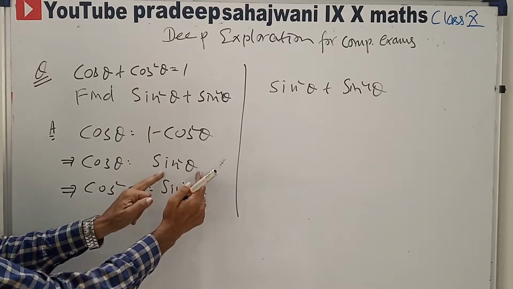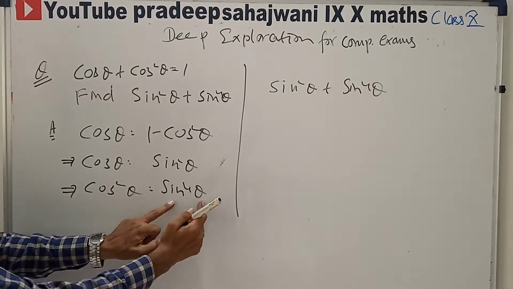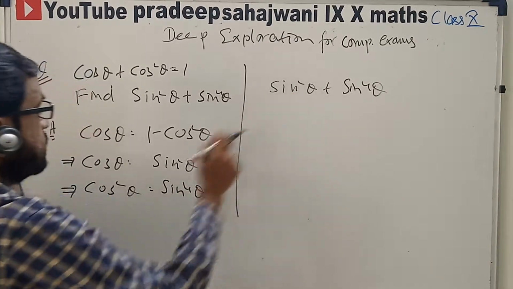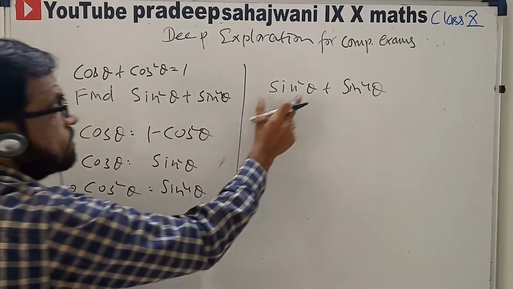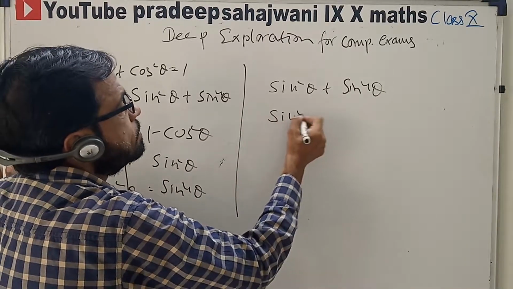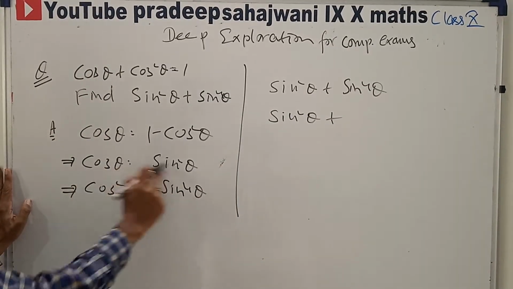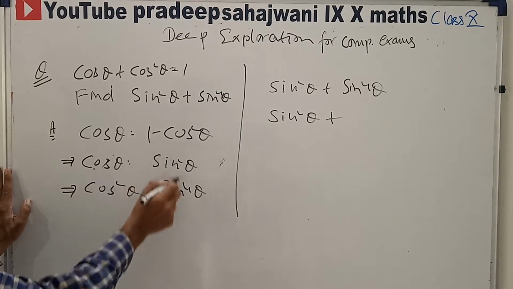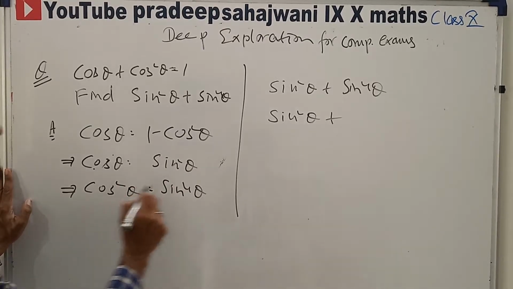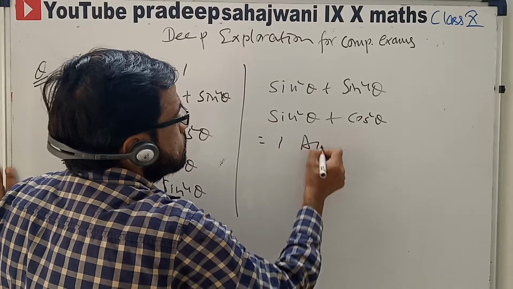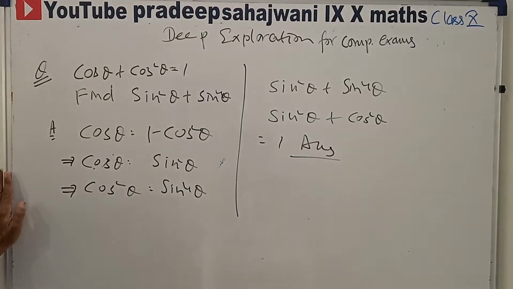square theta, this is cos square theta. We are squaring both sides because we need it in the question. Now see, sin square theta, don't change the sin square theta, it is as it is. Now sin 4 theta, what is sin 4 theta? Because we squared both sides, this will be cos square and this will be sin 4. So sin 4 theta is cos square theta. So the answer is 1. Very simple.